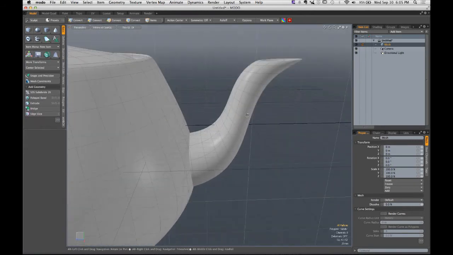Now talk to me about the specifics of the selection engine inside of Modo. How do I select a polygon? What's the first thing we got to do? Click on what? On the spout. Before we even do that. Polygon. Yeah, we have to change our selection set. We have to tell the computer precisely which 3D component we want to work with. In my case, I want to work with polygons. So by going to the top of the screen and choosing the polygons selection set button up here,